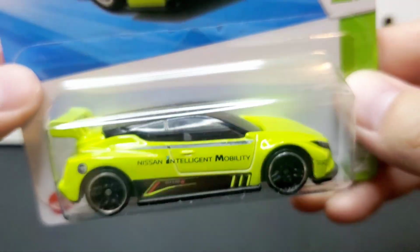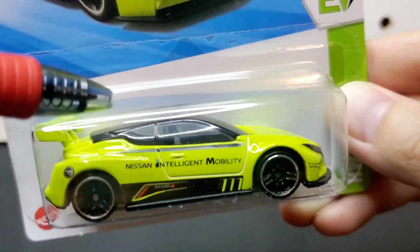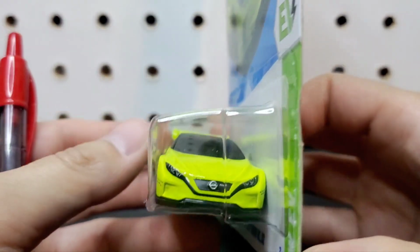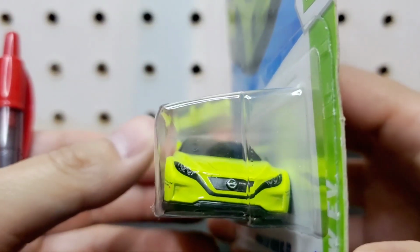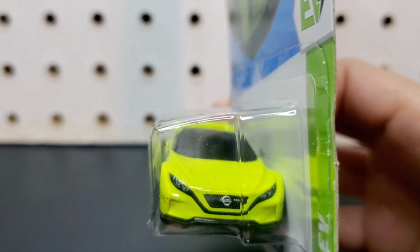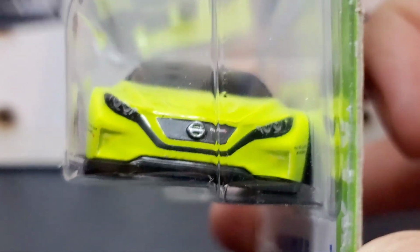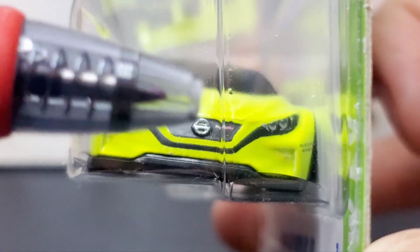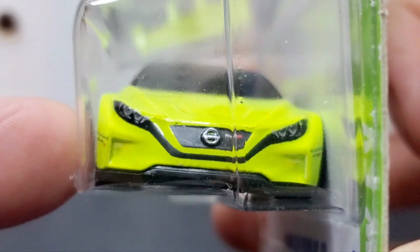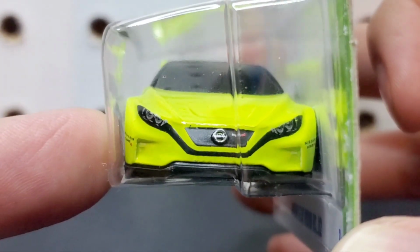vehicle. The top of the roof is black with the clear kind of tinted windows and stuff like that. And coming around to the front, you can see that they actually put some detail to the headlights. Very cool. See if I can get it to focus a little bit better. And then it actually has the Nissan badge in the middle, and it probably says Nismo right there to the right of the Nissan badge. But it is very, very cool that they actually put some detail to the headlights, and it's pretty simple, but